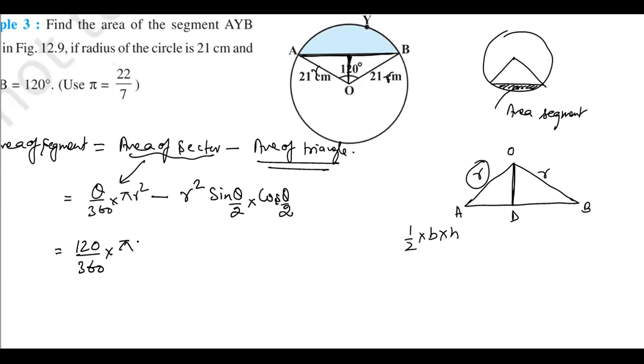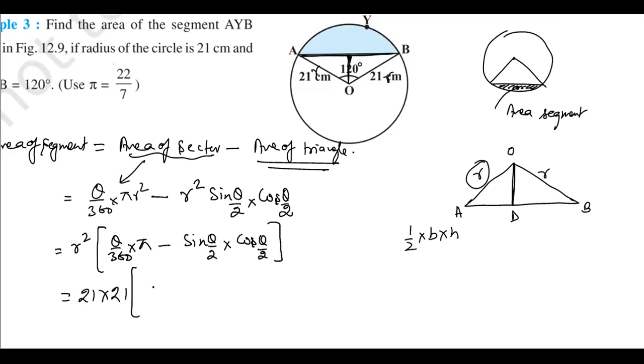And for simplification, you can take R square as common. You can write theta upon 360 into pi minus sin theta by 2 into cos theta by 2. The value of R square is 21 into 21, upon 120 divided by 360 into 22 by 7 minus sin theta by 2, which means 120 by 2, means sin 60